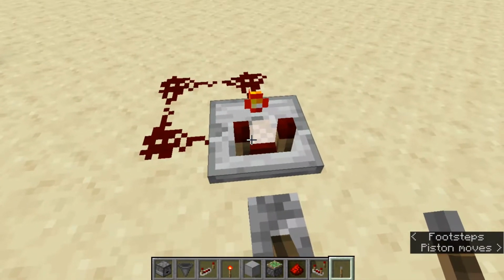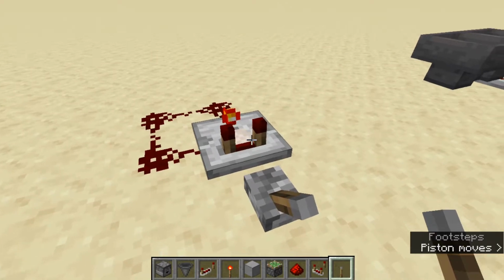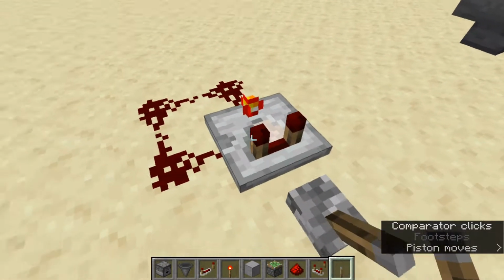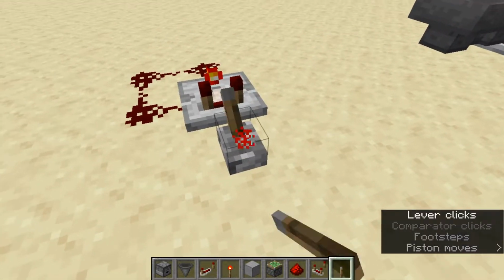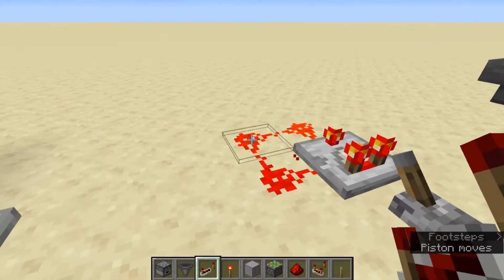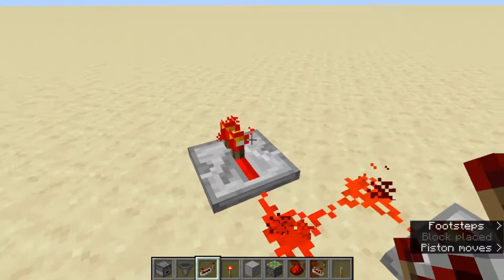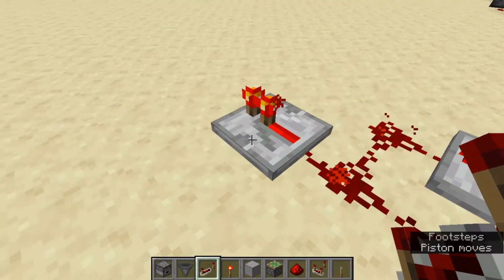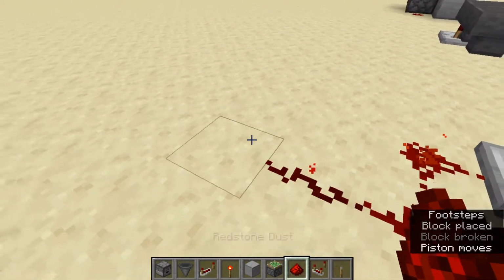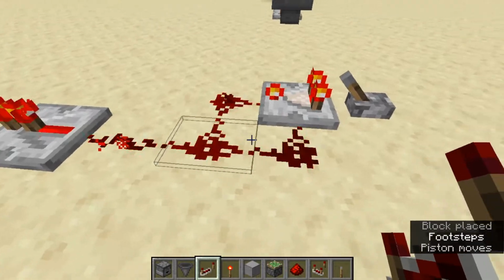Next we got a pretty simple clock. It's probably the fastest clock that we can make. And we got a comparator here put in subtract mode as opposed to normal mode. And you just flick the lever on and there it goes. One thing you'll notice when using this clock is if you just take a repeater output directly from it, then the repeater has a tendency to just stay on. The way we can fix that is just put a redstone line a little bit out from the clock and